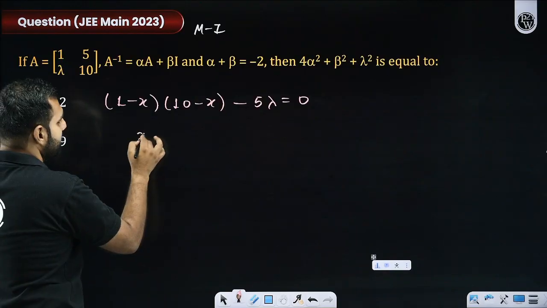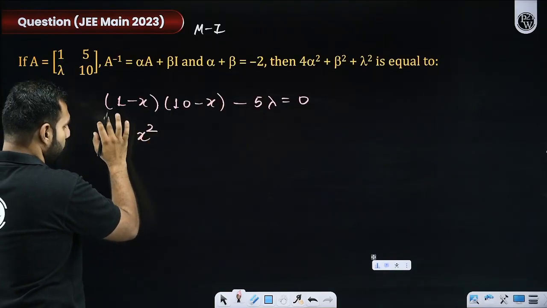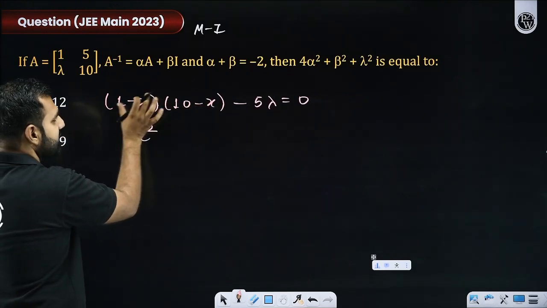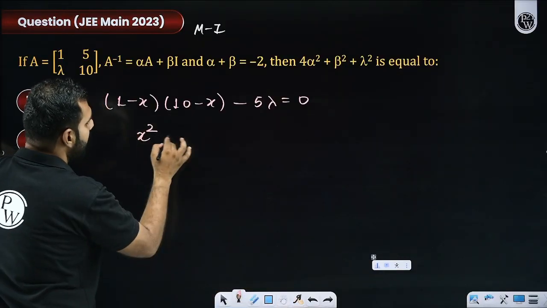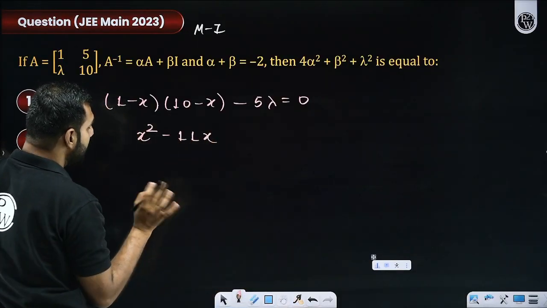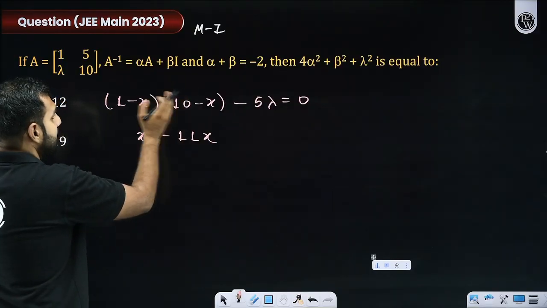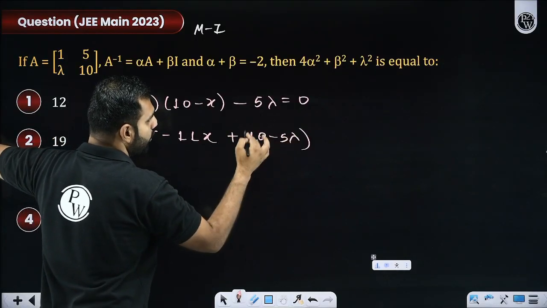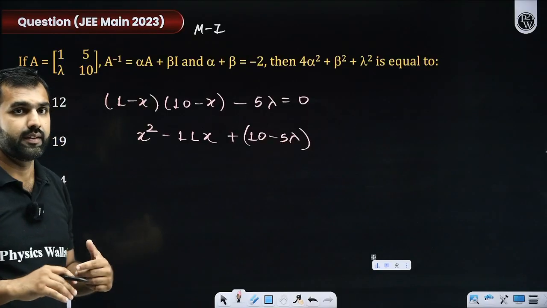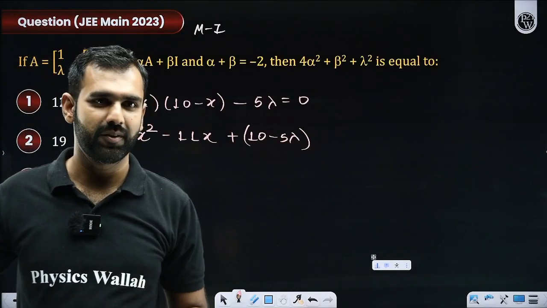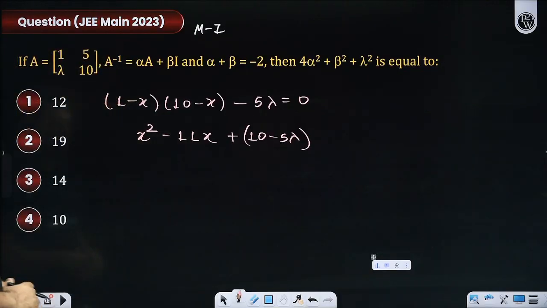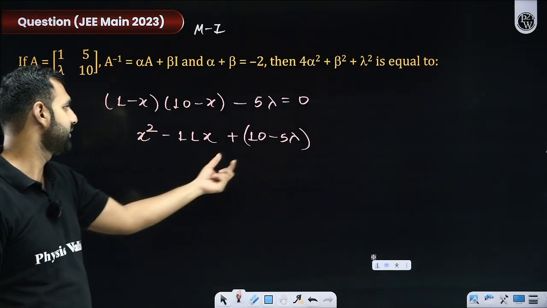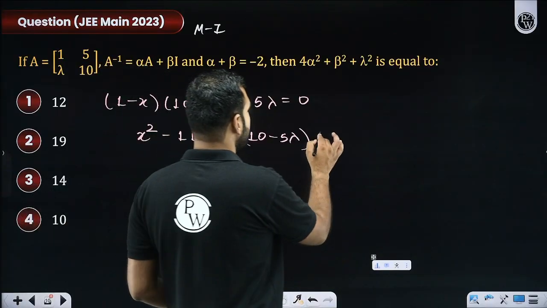x into x, that is x squared, 10x, I hope you're listening, 10x, and then this x, I'm really sorry, minus 10x minus x. So that gives you minus 11x, yes or no? Then the next term will be 10 minus 5 lambda. Don't get confused, this is not that lambda, this is x here. That's good, Jagrati. I'm glad that you worked it out. So this will be x squared minus 10x minus x, which is minus 11x, and then you'll be left with the constant term 10 minus 5 lambda, which is 0.